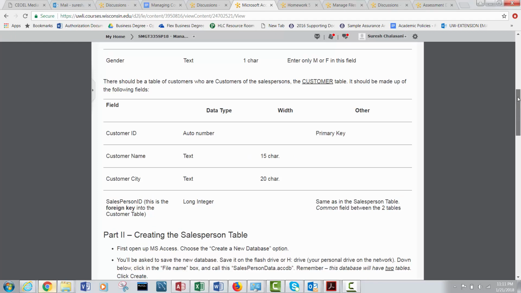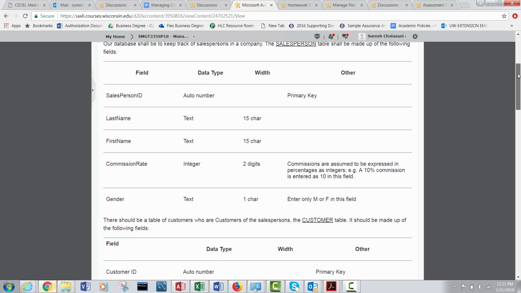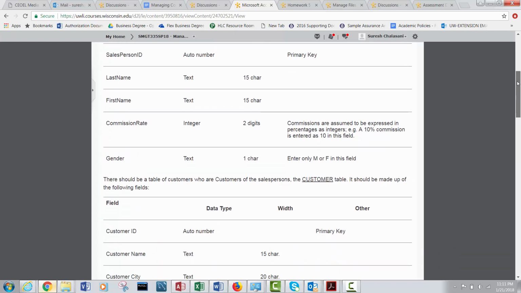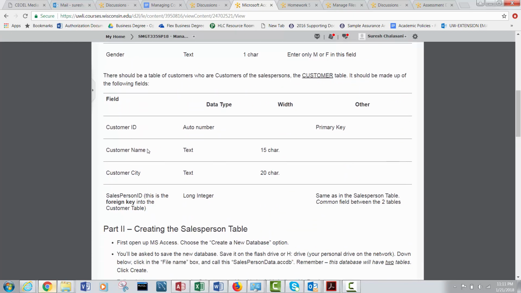Notice that in the salesperson table, we split the salesperson's name into two different columns to hold their last name and first name. Whereas in the case of customers, we are not that precise. We are only going to hold the entire name of the customer for the sake of simplicity as one field in 15 characters text. Similarly, we have a customer city that is 20 characters in text, and we will also